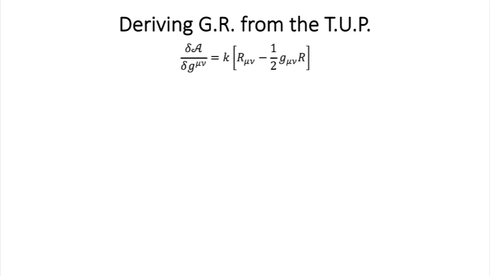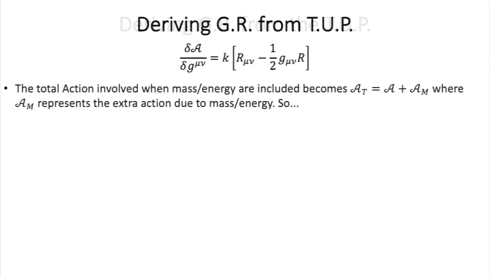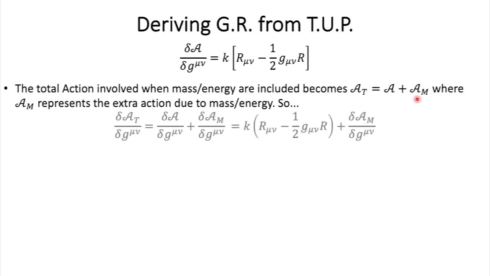And now look at what would happen if we add mass or energy to our space here. Well, then the total action will become something like this. The action that we've just seen here, plus the action due to the mass, or the mass energy. So the new equation, with mass and energy, becomes something like that. The total action here, the action that we saw before, and the action due to mass. And so you replace this that we just calculated here with its value, and then we keep that like this.